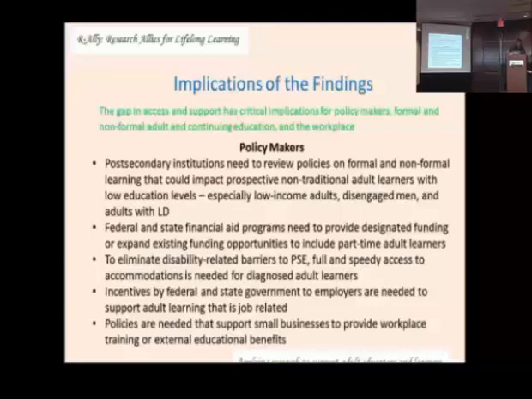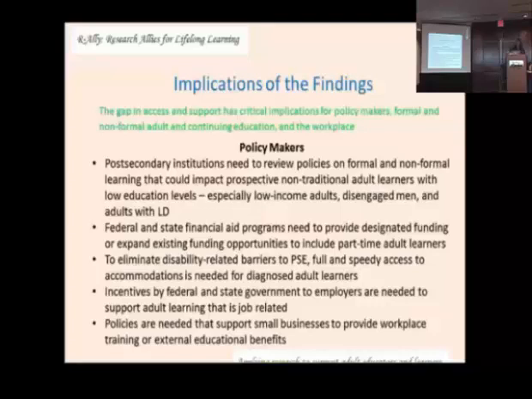One of the needs, and again, I'm in the same boat as everybody else, it was a large paper and a very short number of slides. So I'm kind of leaping here, but one of the things that we talked about in the paper is definitely the cost issue. As you just saw in the previous slide on employer support, if they're not being supported by their employer to go to further educational opportunities, then they have to come up with the funds themselves. And if you're talking about a population that's primarily low income, probably the money isn't there.